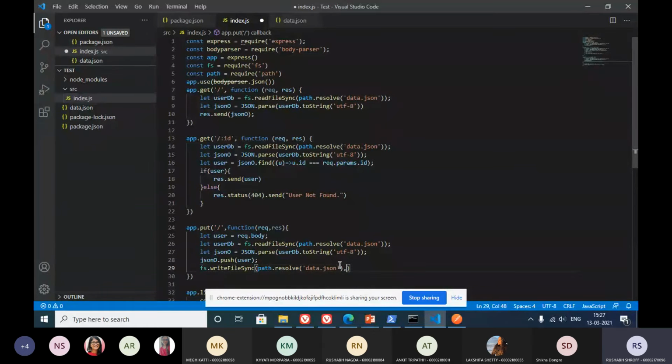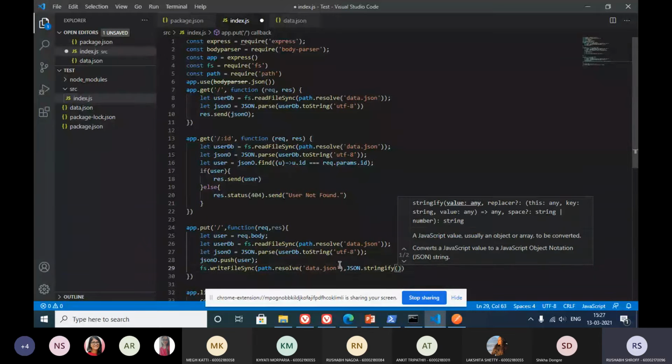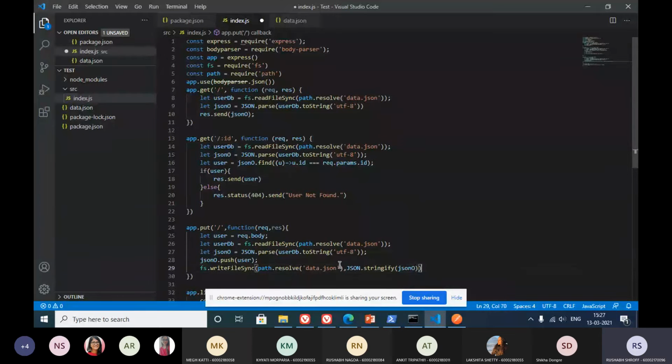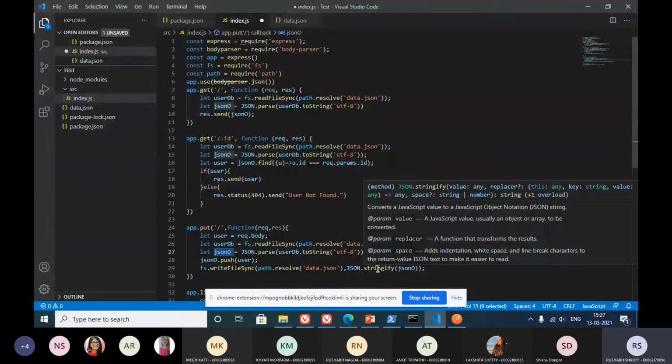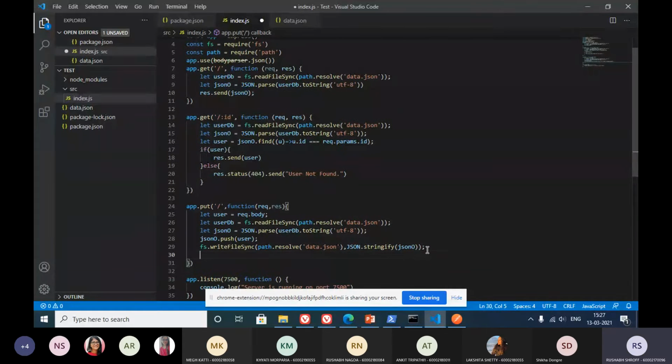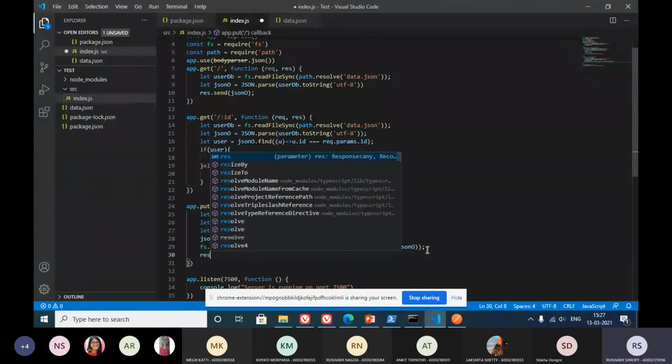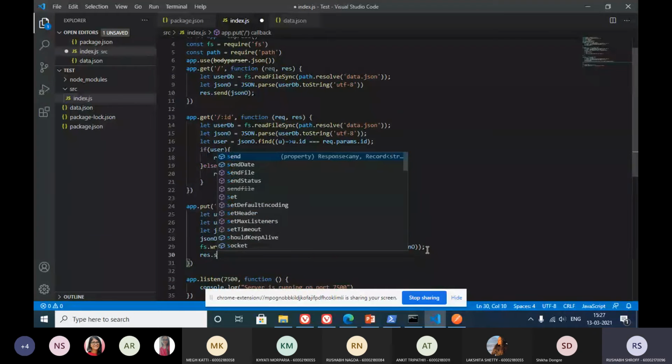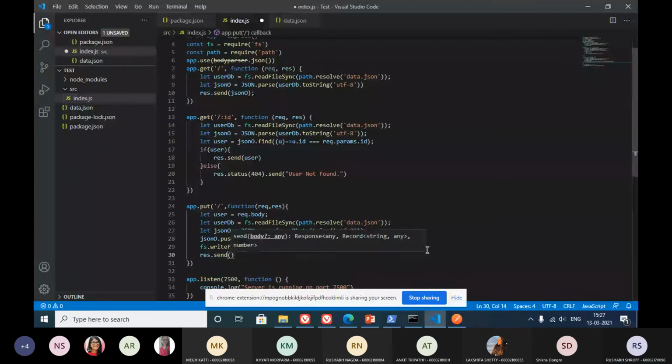So another method is JSON dot stringify, and then we pass in this particular object so that we get a string version of our object, and then we again send this object back to the user, whatever was sent by him to us.